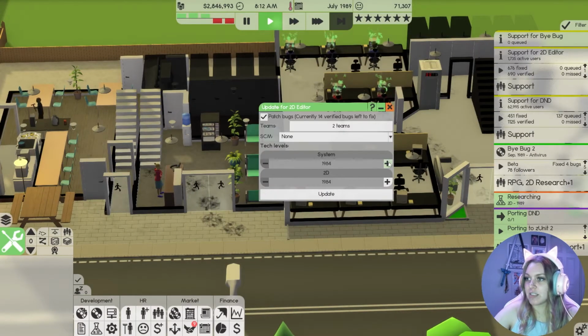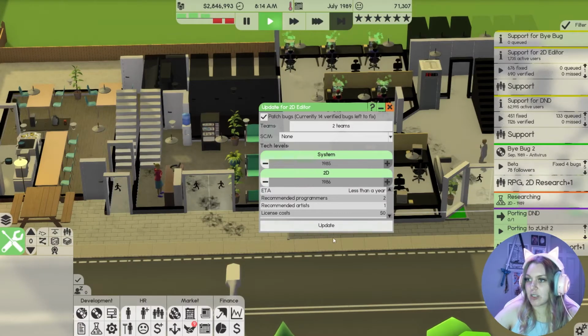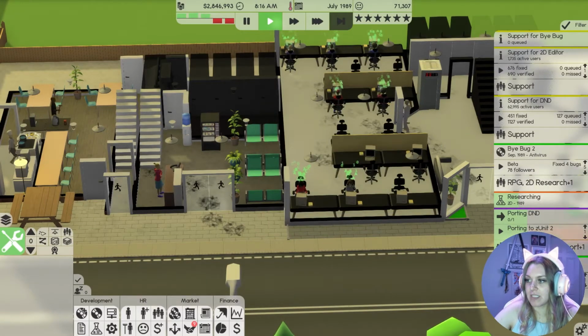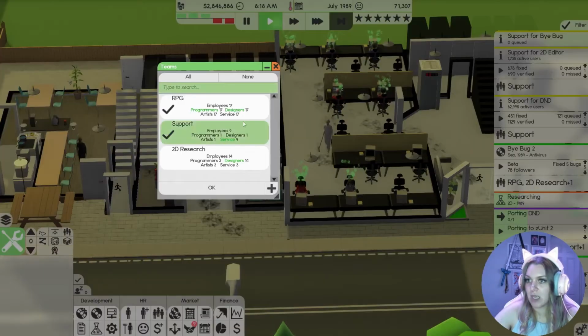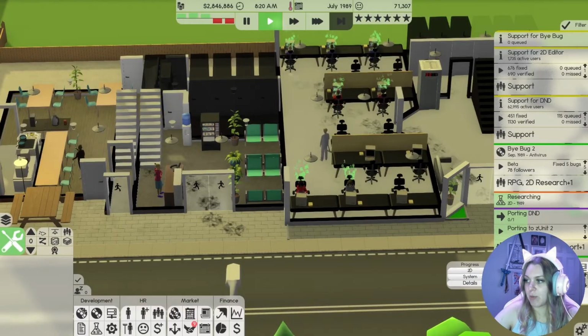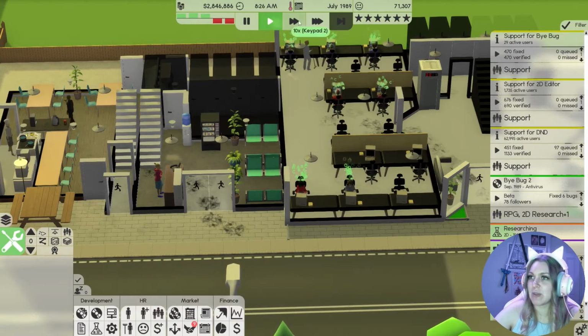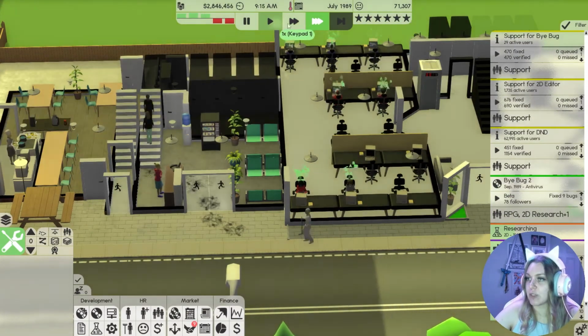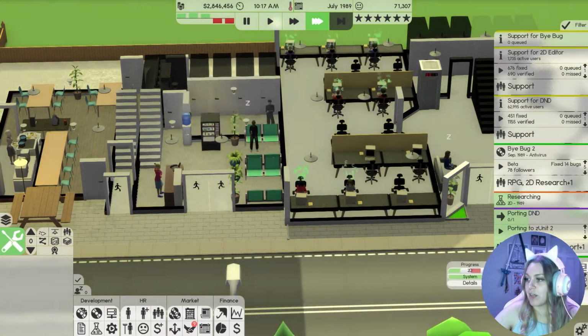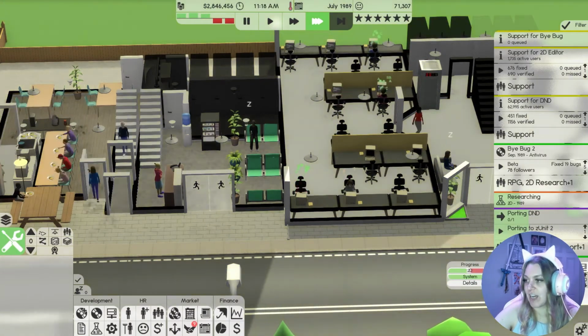It's time for us to start updating then. Let's start with our 2D editor, hit update on that. Go ahead and add these people to it, and we'll bust this up to 10 so that way we can hammer it out very quickly. Meanwhile, our original buy bug only has 29 active users on it, so that is well on its way out, which is great for us.